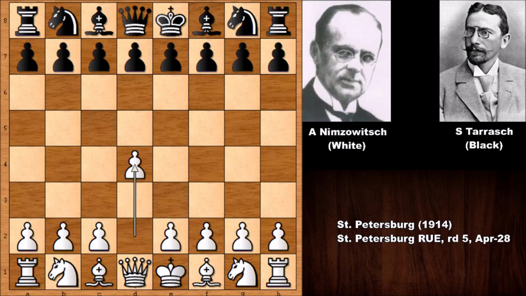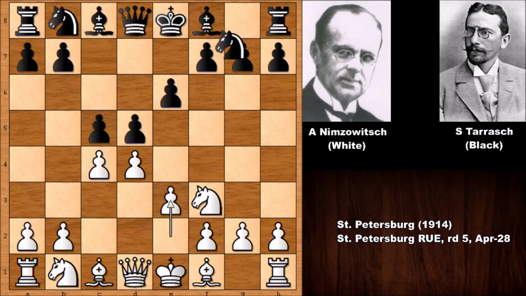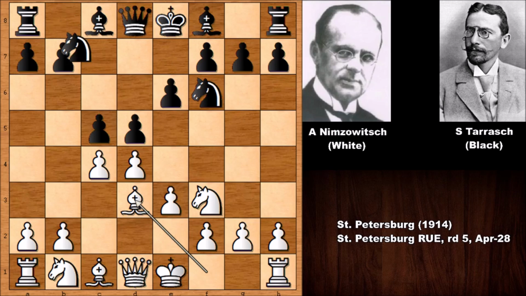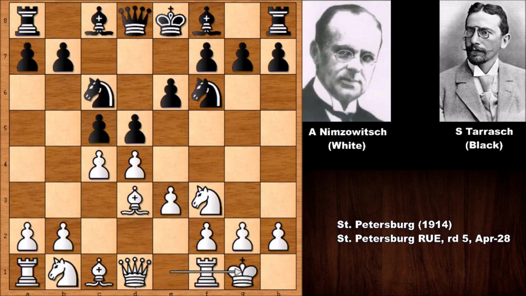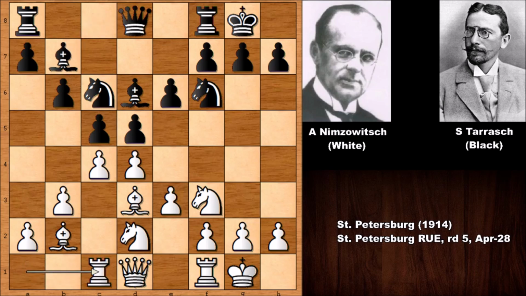Nimzowitsch starts the game with d4, and we have d5, knight to f3, c5, c4, e6, and we have queen's gambit declined, the Tarrasch variation without knight to c3. So Siegbert Tarrasch is playing his own variation against queen's gambit declined. e3, knight to f6, bishop to d3, knight to c6, and white castled. Bishop to d6, b3, castling, bishop to b2, b6, knight from b to d2, bishop to b7, so normal developing